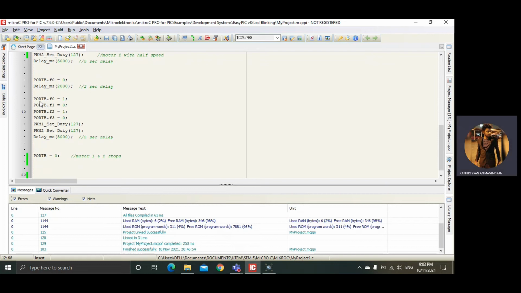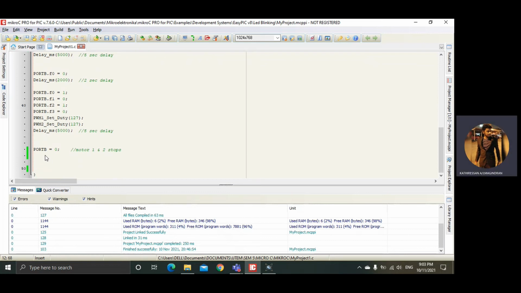After 2 seconds, PORTB.F0 goes back to 1 and PORTB.F1 remains 0. PORTB.F2 equals 1 and PORTB.F3 equals 0. And then the motor speed remains the same, half speed 127, for 5 seconds.